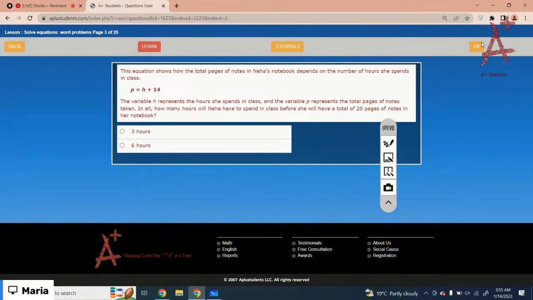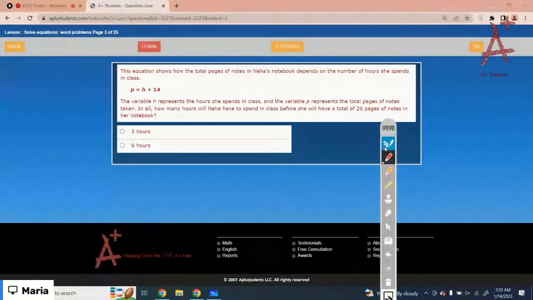Okay, let me read the next one. This equation shows how the total pages of notes in Neha's notebook depends on the number of hours she spent in class. So it would be P equals H plus 14. Got it? The variable H represents the hours that she spends in the class, and the variable P represents the total number of pages of notes taken in all. How many hours will Neha have to spend